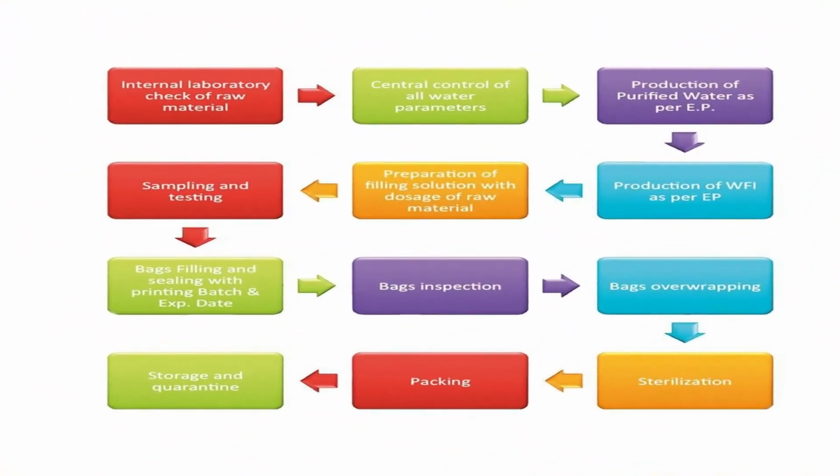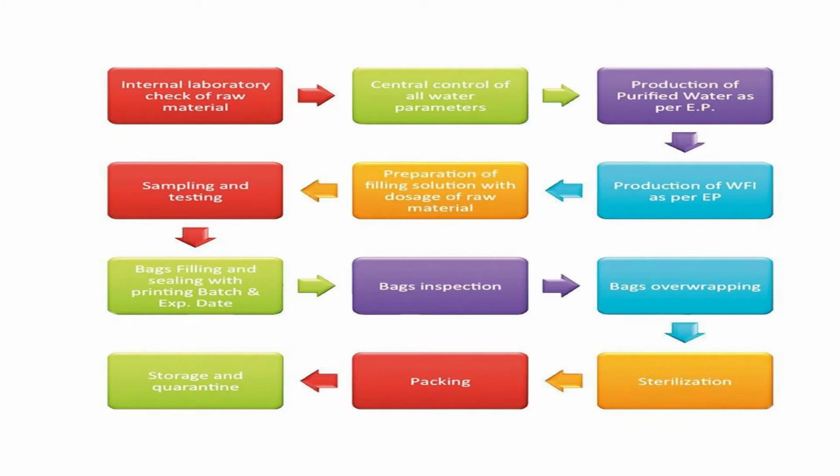So when we do the manufacturing of parenteral products, there is an internal assessment of all the raw materials and all the API. Then we need to select what kind of water is being used for the production of these parenteral products. Three types of water used are water for injection, sterile water for injection, and bacteriostatic water for injection. The water used for the production of parenteral products has to be completely sterilized and as per the pharmacopoeial standards.